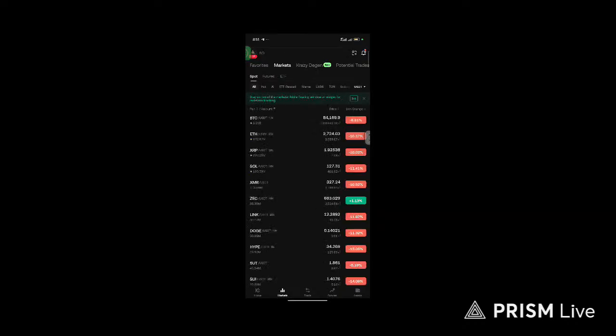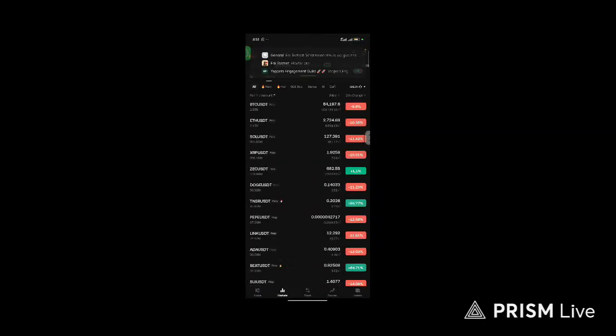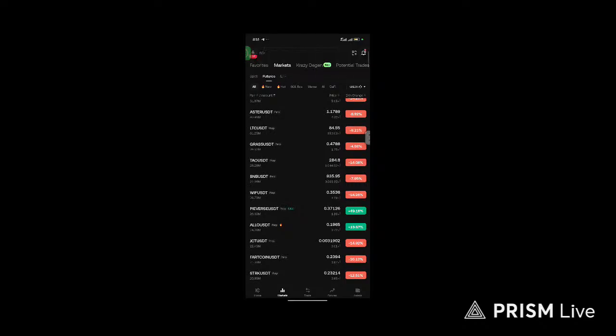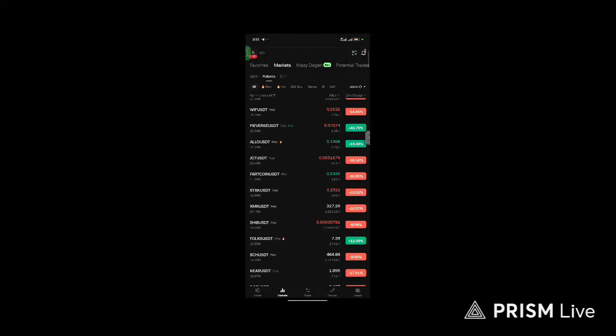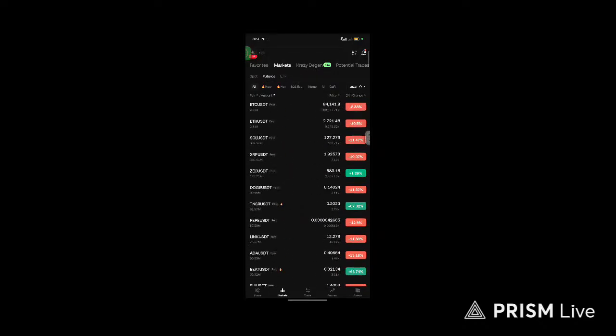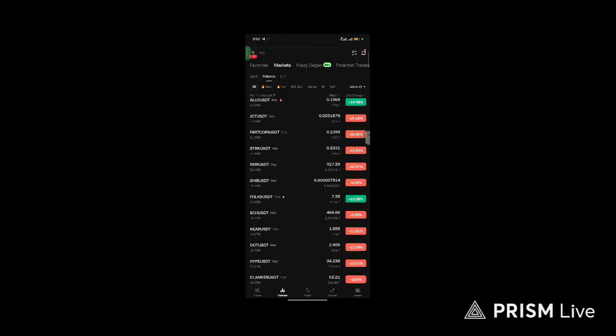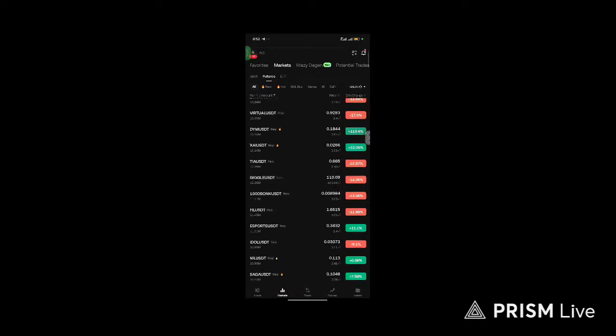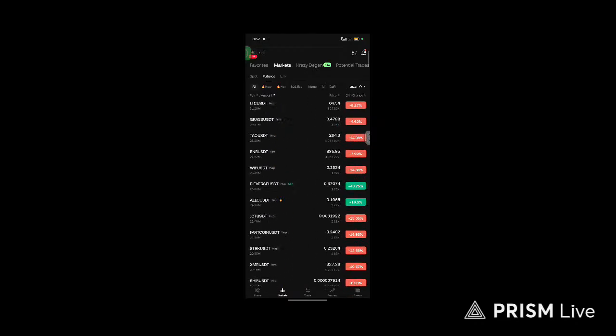The second one is your market, where you can see different tokens. From here you can see spot, and you can also trade spot here. Secondly, you can click on futures. After clicking on futures, you can